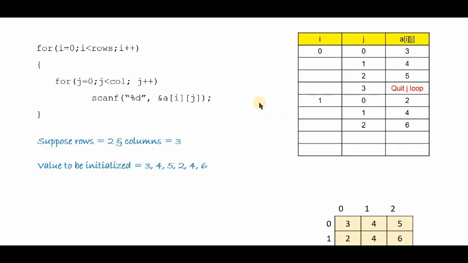After this statement is executed, we go back to the j loop, increment the value of j to 3. 3 is not less than 3. This condition is invalidated. So we come out of the j loop, go back to the i for loop. The value of i becomes 2. 2 is not less than 2. 2 is equal to 2. It is not less than 2. Hence even the i loop is invalidated and we quit the i loop. This is how we initialize the contents of a two-dimensional array using nested for loops.